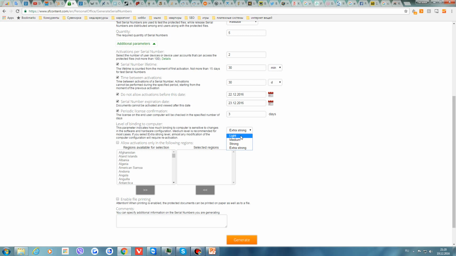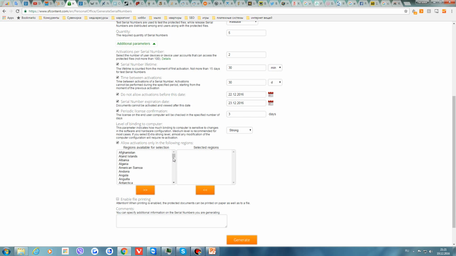It means that there is a chance that it can be some similar computer, and we need to protect from this. So we recommend to use strong and medium levels. So let's select strong.